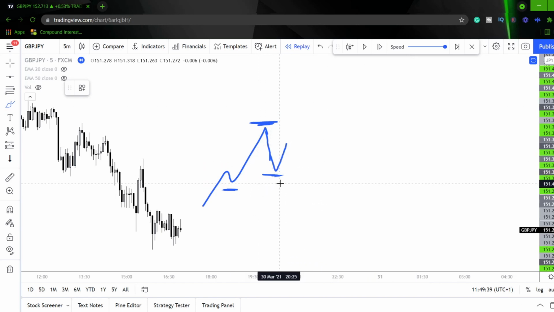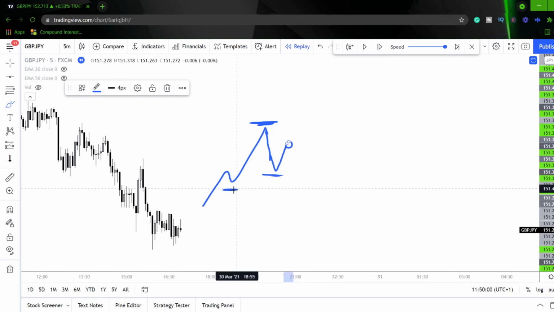Institutions understand that there is liquidity below this level. So what we'll often find, and this is what I mean by order flow, is how the orders are flowing, how price is being delivered to us in the market. This is what we want to understand. Institutions at this point understand that there's liquidity at this level, so price gets delivered, or they sell down through this liquidity, capturing these stop losses,